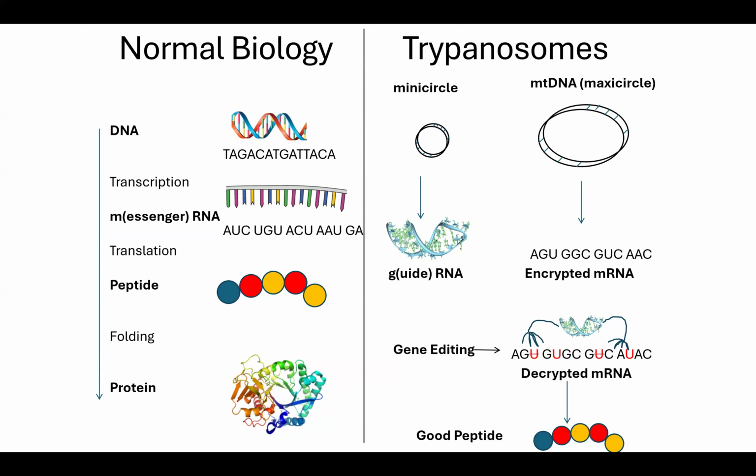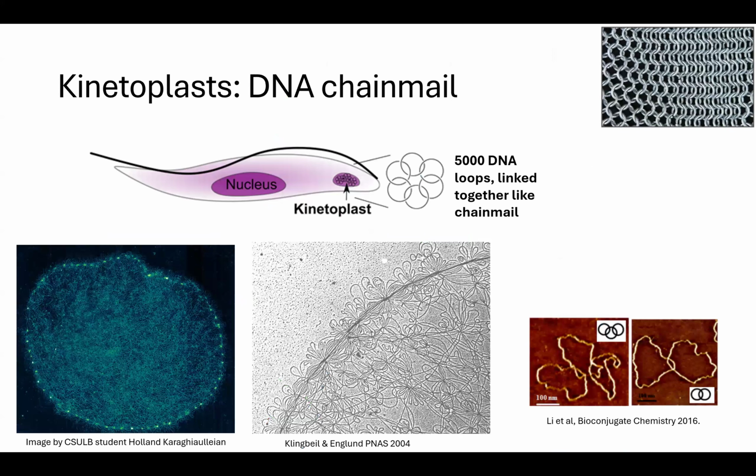and the cell needs all of them to survive. So when the cell divides in two, it needs to make sure that each copy gets all the mini circles it needs. And instead of relying on Brownian diffusion to do this, it keeps them topologically linked in this medieval dungeon keeper keychain structure, and then cuts that when the cell is ready to divide. So this DNA structure is called a kinetoplast.